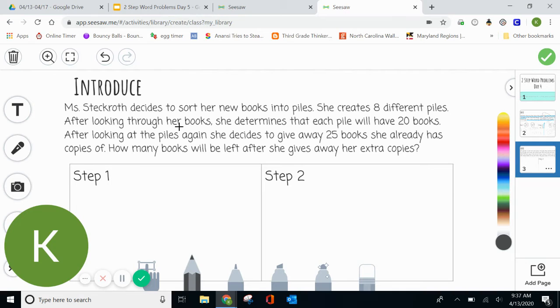Miss Techcroft decides to sort her new books into piles. She creates 8 different piles. After looking through her books, she determines that each pile will have 20 books. After looking at the piles again, she decides to give away 25 books she already has copies of. How many books will be left after she gives away the extra copies? So let's underline that question. How many books will be left after she gives away her extra copies? She's going to give away